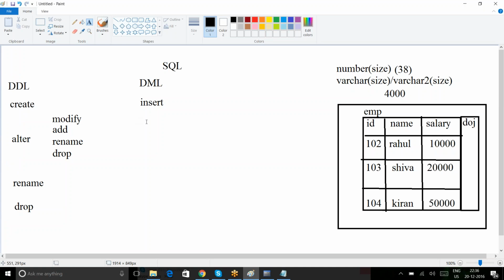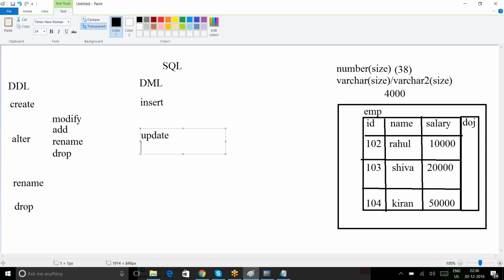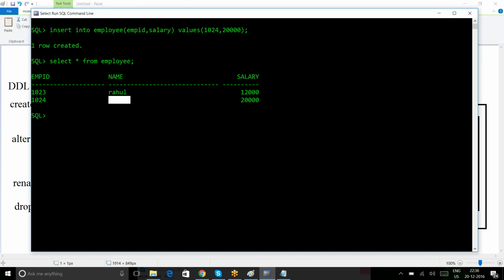In DML we have insert, and insert is for all columns or particular columns, and we have one more thing known as update. So how to update that? Update table name. What are we setting? We are setting the name. The column name will be there, and now the right side is a value or a column, it's a value. So how to specify the value? Name equals to this particular name, like here I'm giving it as Shiva,